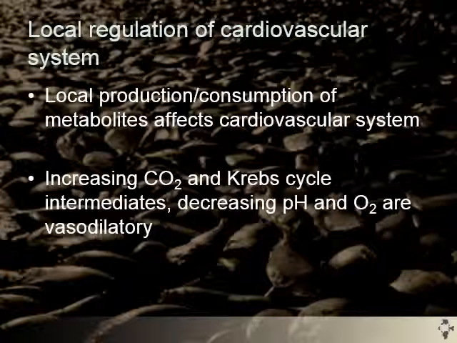Okay, so if any of the tissues, muscle for example, exhibits an increase in CO2 availability, an increase in the concentration of Krebs cycle intermediates, it's experiencing a decrease in cellular pH, either intracellular or extracellular pH, and a decreasing availability of oxygen, that's an indication